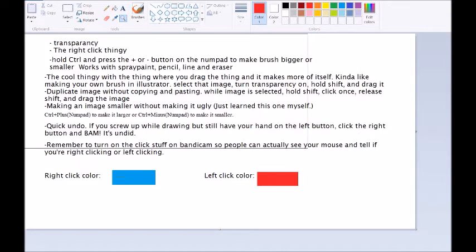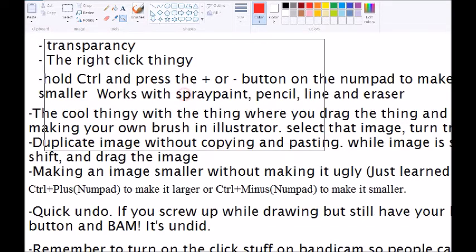Remember that animation video I did a while back, how to make animations on MS Paint? It was 30 minutes long. I thought it was 15 minutes long because I was so tired that apparently I didn't remember that I actually had 2 recordings, and it was really long and really boring because I was tired. Well, this one isn't going to be much better, but it will be helpful for those of you who